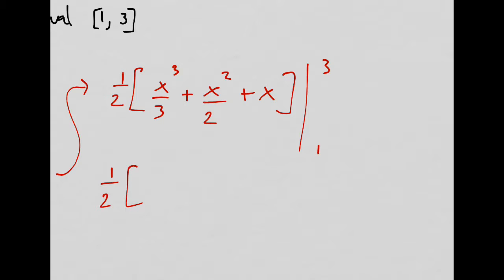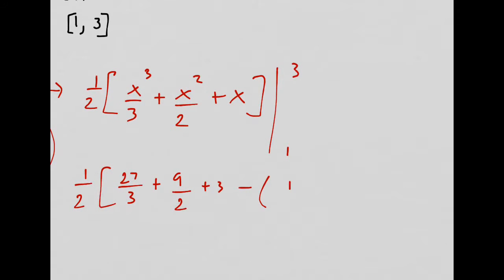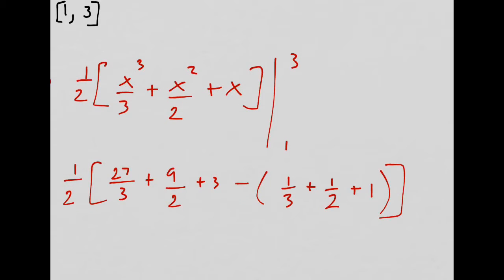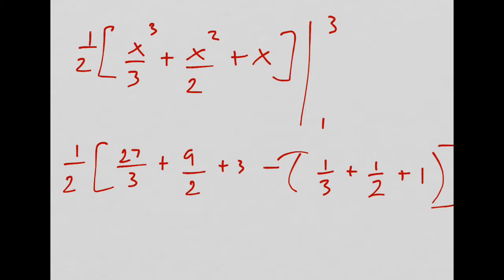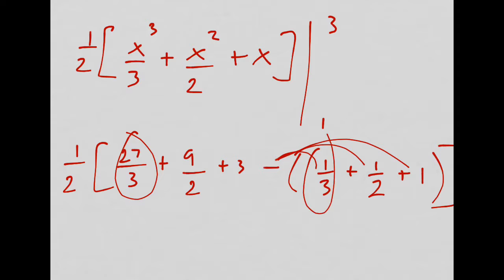And then plug in the 3, that would be 27 over 3 plus 9 over 2 plus 3, minus, parentheses, 1/3 plus 1/2 plus 1. And then eventually I'm going to multiply that by 1/2. But here, let's see, I would distribute this negative. I'm going to combine the common denominators. This would be 27 minus 1, that would be